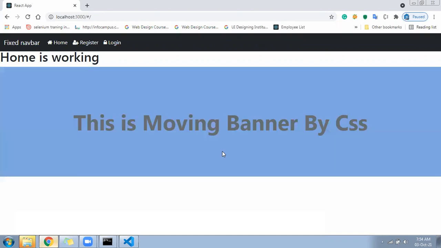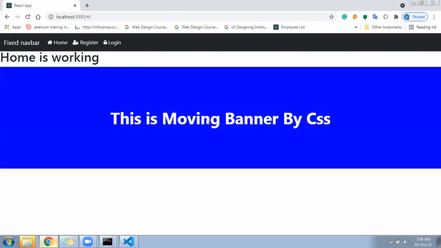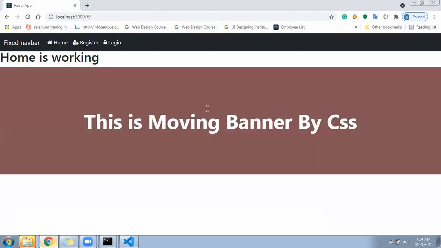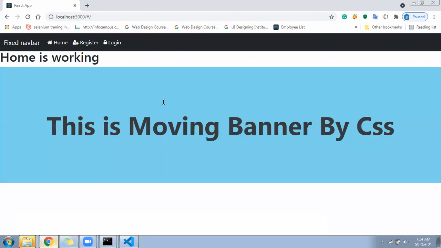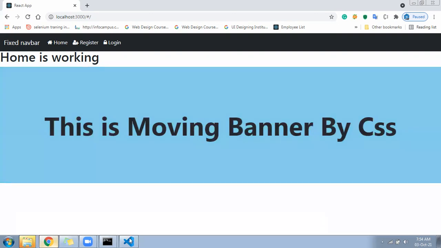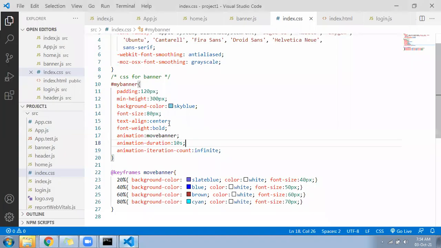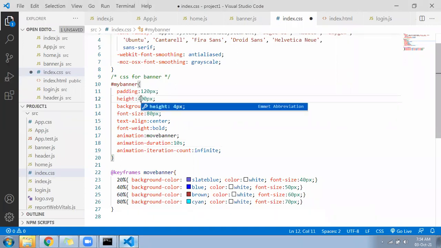That is a problem. That height should not increase and decrease. Height should be fixed height. So we gave minimum height 300; keep 400 directly, height 400, and then check.